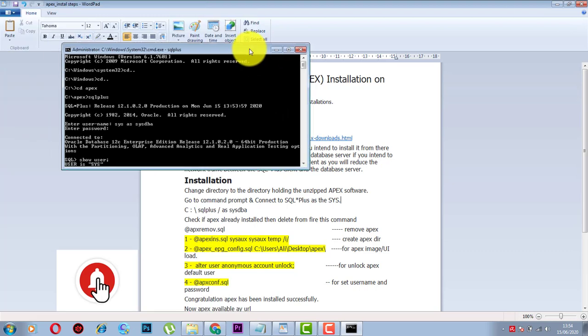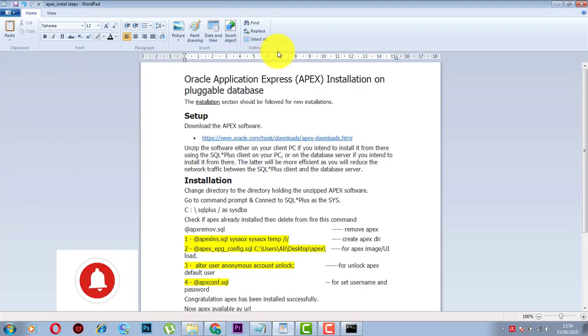So guys, this is a 12c Oracle database. This Oracle database has two kinds of databases, container database and pluggable database. Every container database has pluggable databases.